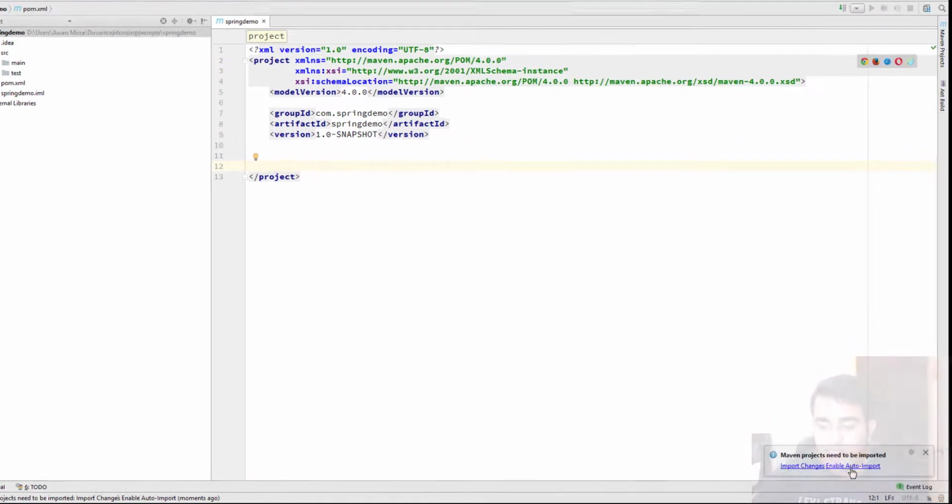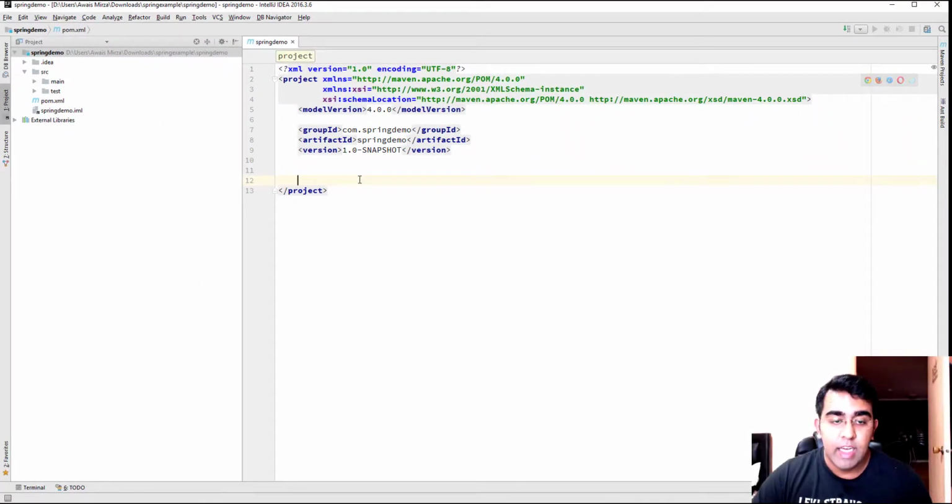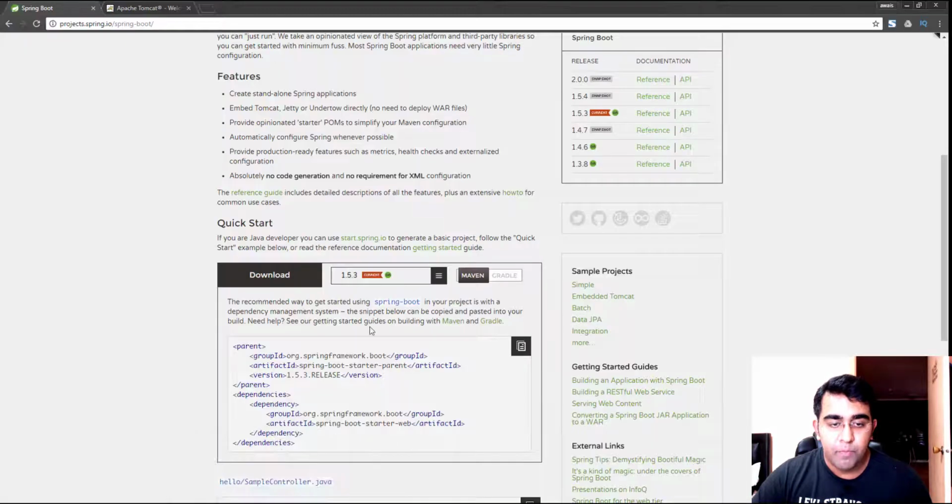Down here we get a notification from IntelliJ IDEA saying Maven project needs to be imported. So I'll click on Enable Auto-Import, so it will automatically import everything we change in our POM file. Whether we add another dependency or make any other changes, it will automatically be updated. Alright, so let's go back to spring.io